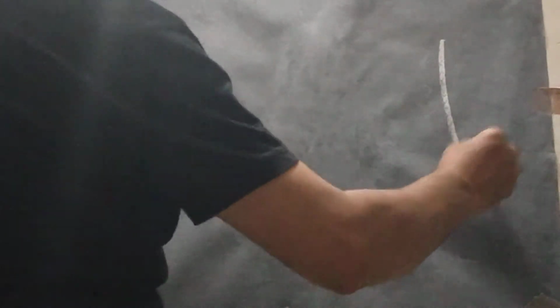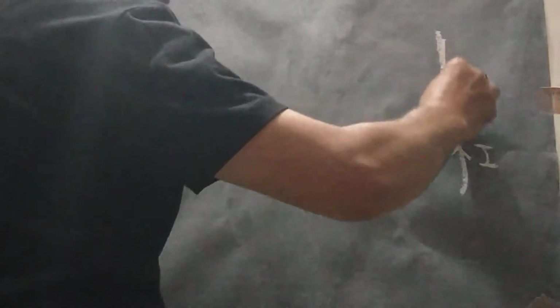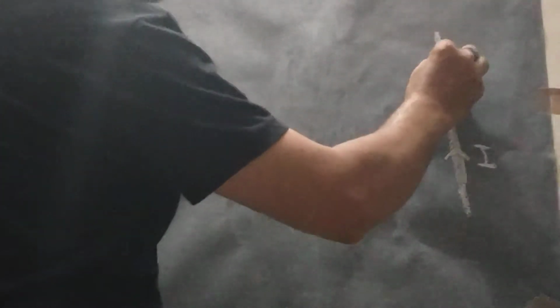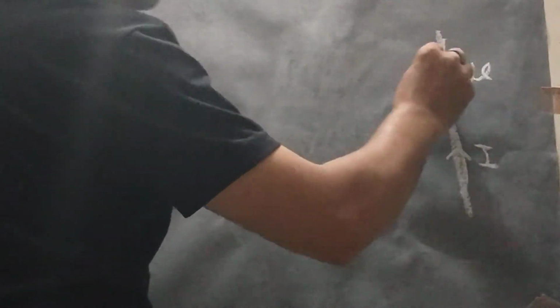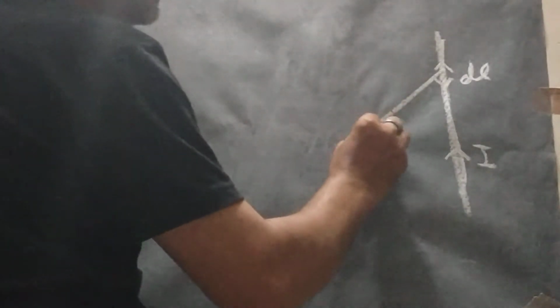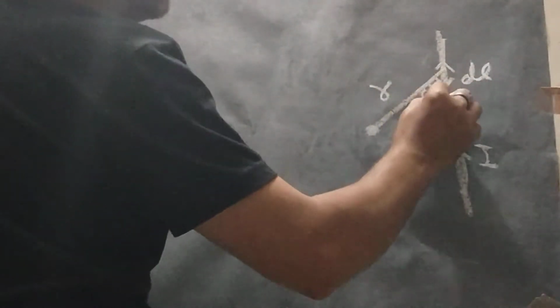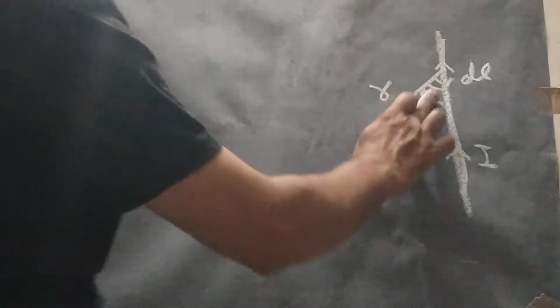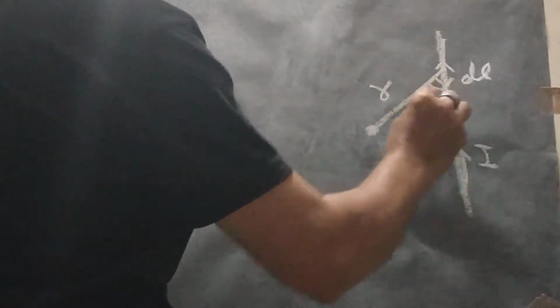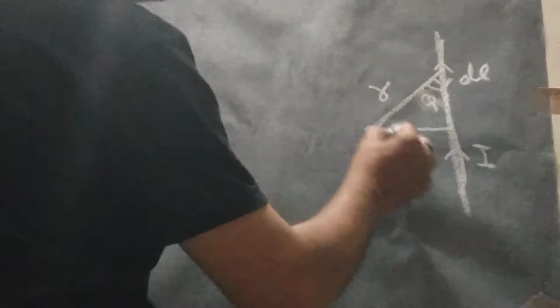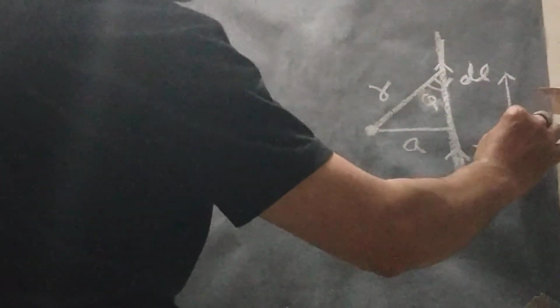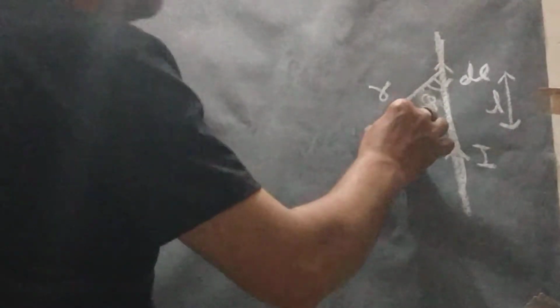The second application of the Biot-Savart law is the magnetic field due to a straight conductor carrying current. So this is a straight conductor of infinite length. Then we assume here a small current element dl. Point P is lying here. This distance is supposed to be r, and the angle is taken between dl and r. This angle is theta, and this perpendicular distance we assume to be a. Along the length, this is taken to be L. We assume this angle as phi.